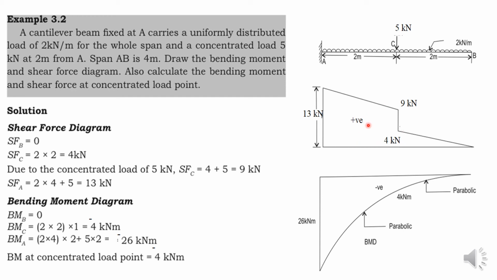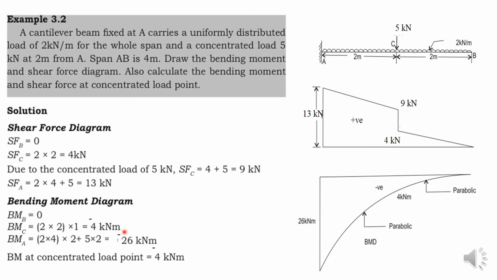Okay, now we have to draw the bending moment diagram. For that I am going to do the same thing: consider the section line which is at a distance x from the end B, then take the bending moment about the section line, then give x equal to 0. So the bending moment at B will be 0. Now to get the value of bending moment at C, consider h equal to 2, so that you will get the value of bending moment at C as minus 4 kilonewton meter.